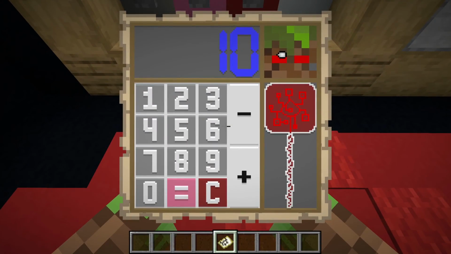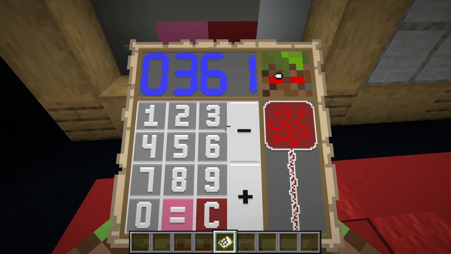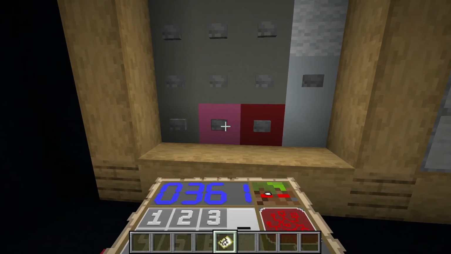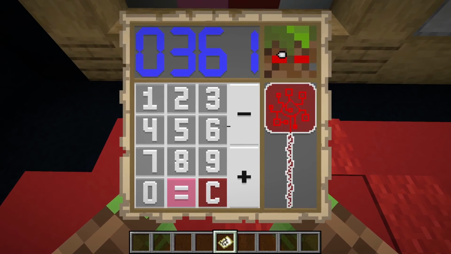We press the equal sign. Let's see if this calculator can do it in its redstone brain. So there we go, the 10 disappears, and we get our answer of 361. And another cool thing about this is if you just press the equal sign again, we will get 361, this